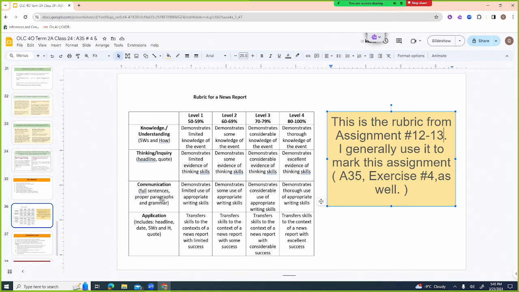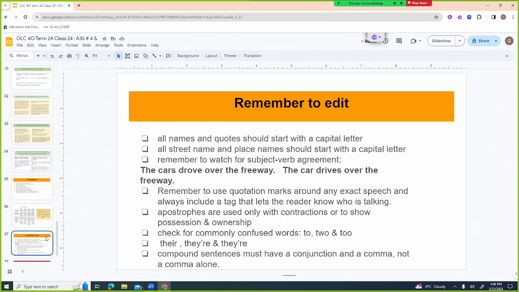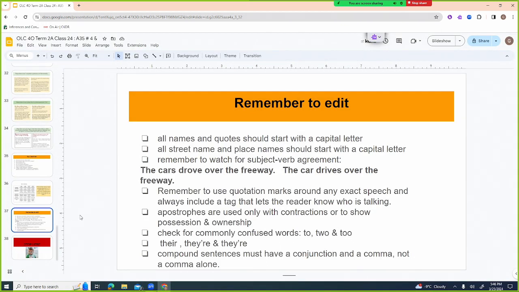It shows good sentences, good paragraphs, but it's not written in the news report format. So this part right here is where I'm specifically looking to see that you've written this assignment in the news article format. So this is the rubric that I use to give the marks.